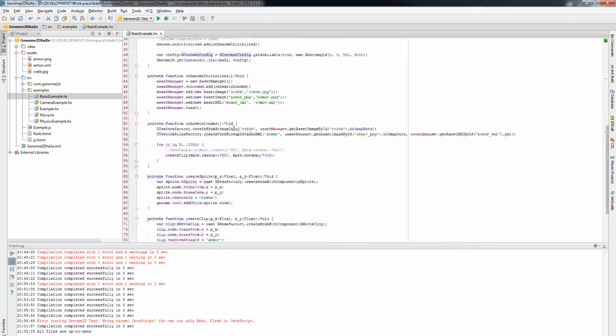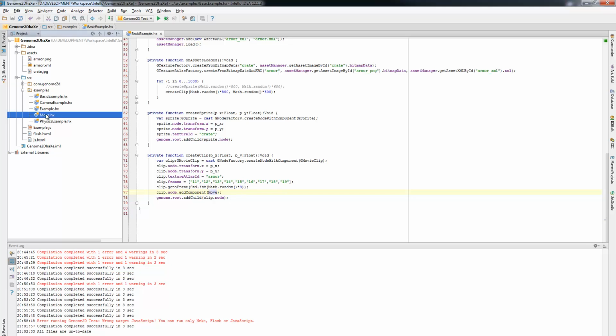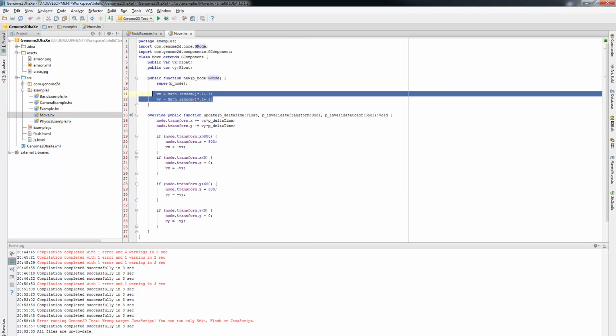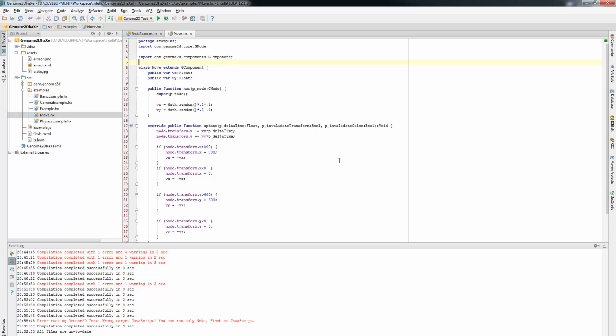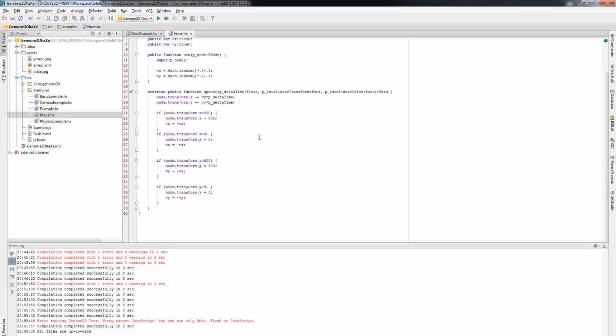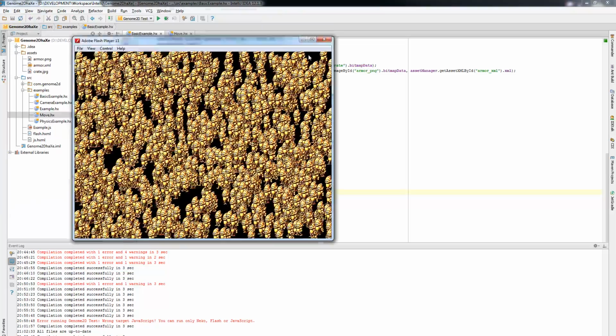So again, it's pretty much movie clip as we know it, with frames, texture atlas ID, go to frame, and move is our custom component that I created here that will move the stuff around and bounce off the screen. So you can create the components the same way as you could create them in ActionScript, and you should be pretty familiar with this. If you remove the component, obviously it will only create the knights and they will not move. They will just